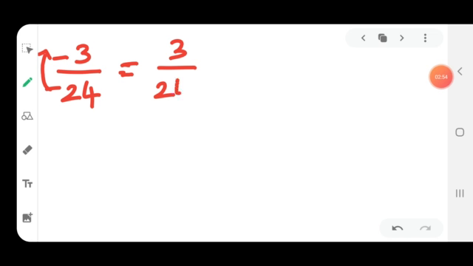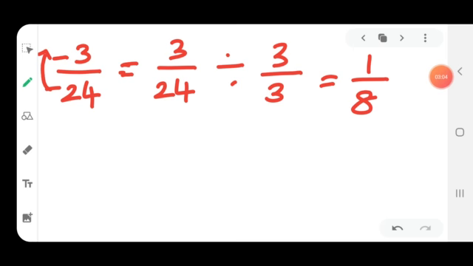Let us do some other examples. We will take minus 3 divided by minus 24. Here the negative sign is in the denominator, so we have to take the negative sign to the numerator. Here already one minus is there, so minus into minus is plus. So it will be changed to 3 by 24. Now there is a common factor 3, so we have to divide by 3. We will get 1 3s are 3, 8 3s are 24. Now the standard form of minus 3 by minus 24 is 1 by 8.